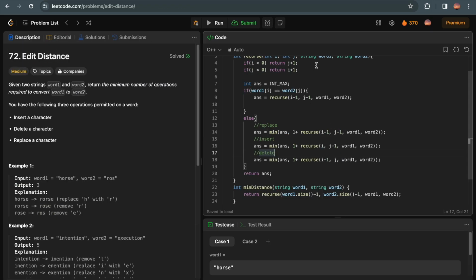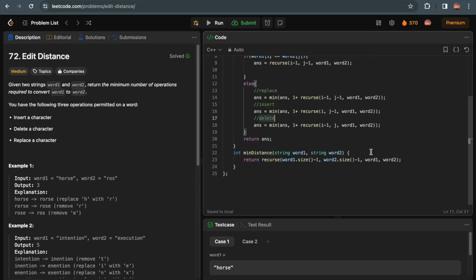Okay, so now let's look at the memoization way of doing this problem. What we do in memoization is we create an array to store all the states. So we will take vector int dp. dp will be initialized with size n+1 and m+1, and let's initialize it with 0. Now we will pass this in this,